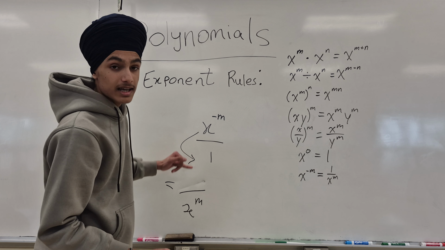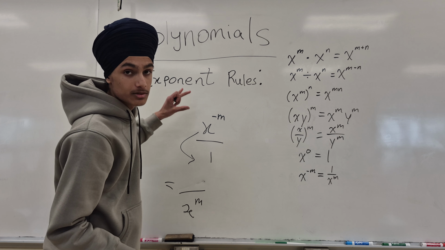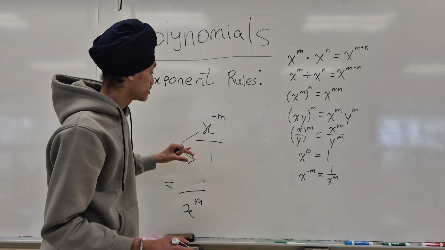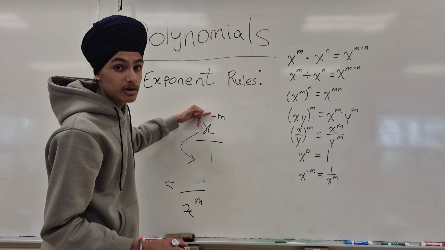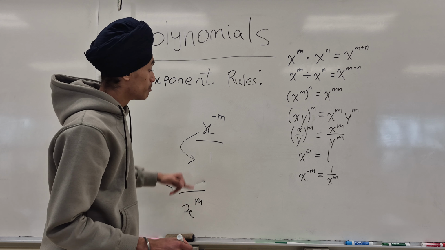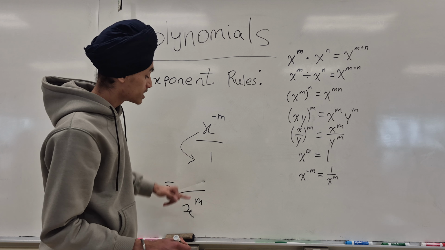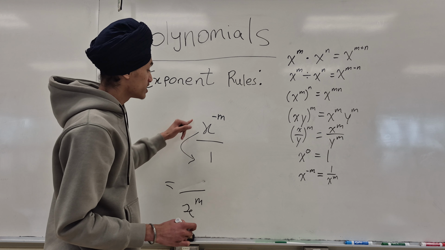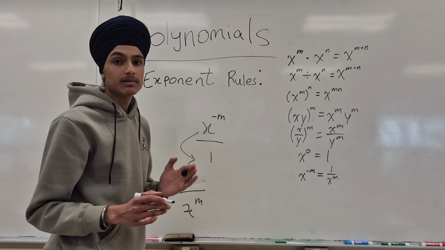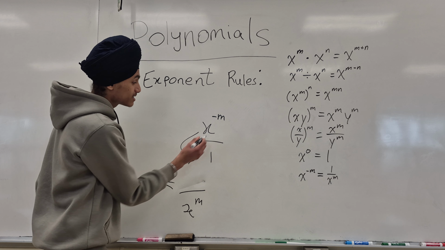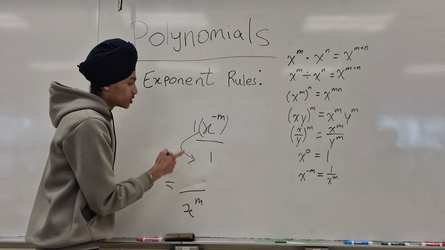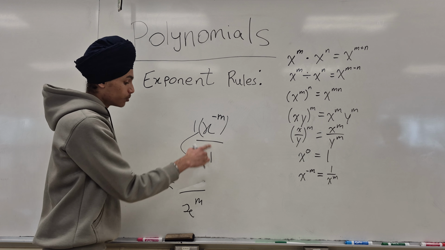And why is that? Because anytime anything from the top, which has an exponent, goes down, it always changes signs. So if this was a positive m, it would become a negative m on the bottom. But since it's a negative m, it became a positive m on the bottom. And since you always know that anything is divisible by 1 and it's multiplied by 1 as well, the x has an invisible 1 here. So what that means is when the x went to the bottom,